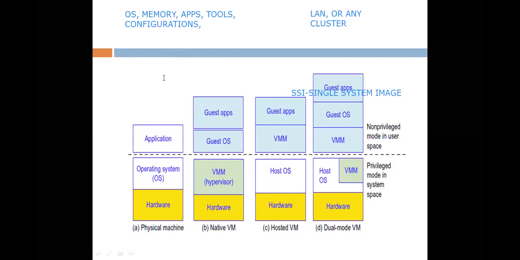So what is VMM? VMM stands for V is virtual, and then the first M is machine, and the last M is monitor. That is VMM, virtual machine monitor. And in short we will say VMM as a hypervisor. So the name of this VMM we are using is hypervisor.